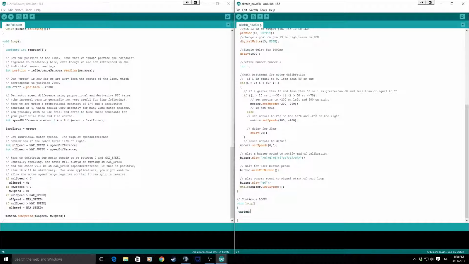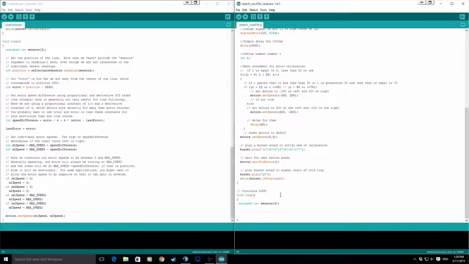So it's going to go unsigned integer senses 6. So what that is saying there pretty much is unsigned, I'm not too sure what that means, but it's pretty much saying there is a number of senses and that is 6. Senses was defined before, so that's pretty much saying number of senses, there's 6 senses. Alright, so then we're going to define another number variable because integer is always a number, so